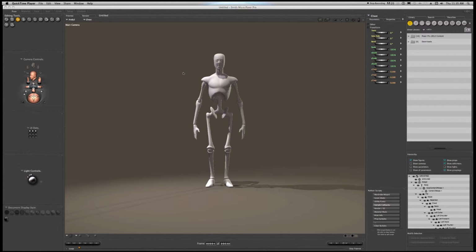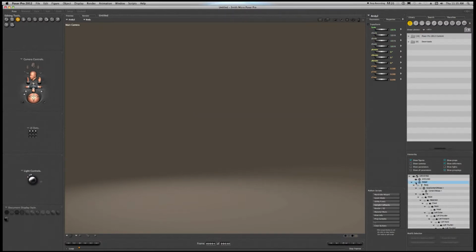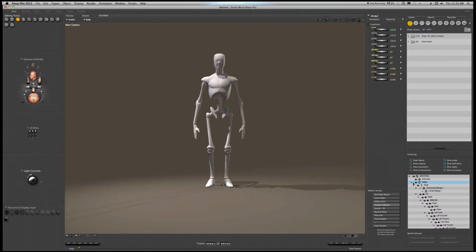and this is what you are presented with in Poser 2013. It's a little different with the newer Poser. 2012 is a little different from the newer Poser, and you start off with this body, this Andy character. It says Andy too. I don't know why it says that. But you start off with this character, and on your left-hand side, you'll have